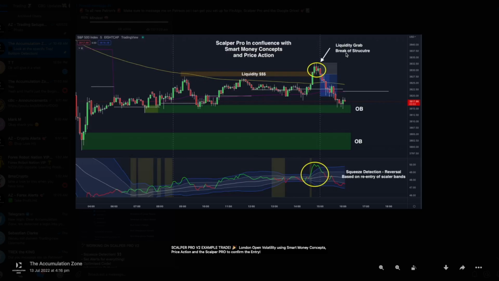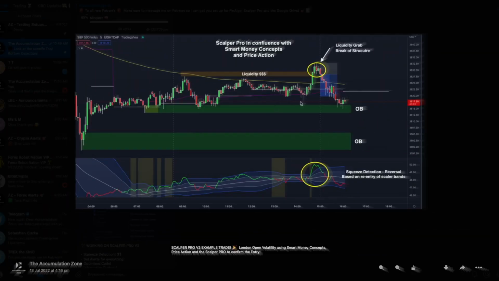So yeah, this basically turned out to be a liquidity grab. And on the squeeze detection, I saw a reversal based on the re-entry into the scalper bands right here on this candle. Yeah, and I took it down for a 2-to-1 risk reward ratio. Obviously, this setup, for example, would be a high risk setup because it could easily just pop up and continue